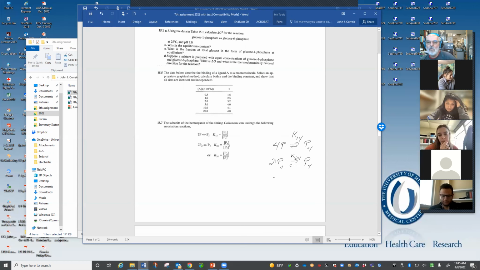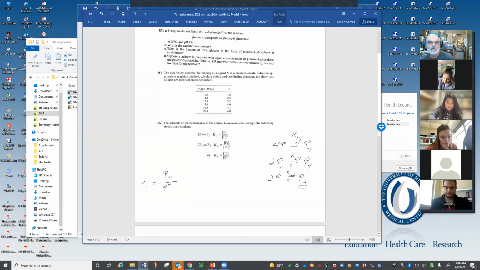And so the way you have to do this, 2P goes to P2, but you need 2 of these. And so you basically have to show that K14, P4 over P to the 4th, so that's K14,